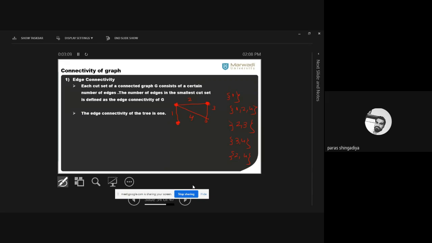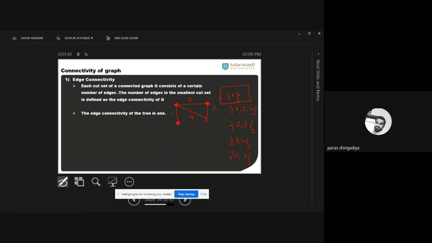Okay, तो smallest one कैसे decide करेंगे आप? Based on the number of edges. ठीक है, कितनी एज उस कट सेट में डिफाइन हुए उस हिसाब से हम स्मॉलेस्ट कट सेट डिफाइन करेंगे. ठीक है, so in the first cut set we have only a single edge. ओके, एक ही एज इसमें इन्वॉल्व है. So that singleton 1 is our smallest cut set. Clear? Based on all the cut sets, ठीक है, because it involves only a single edge और बाकी सब में 3 एज है, 2 एज है. ठीक है, so that is the smallest cut set.